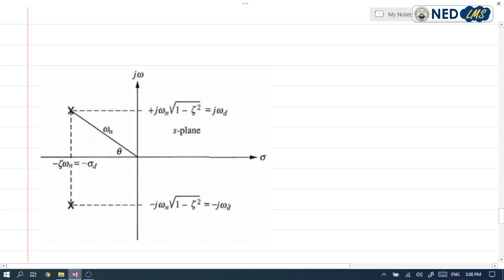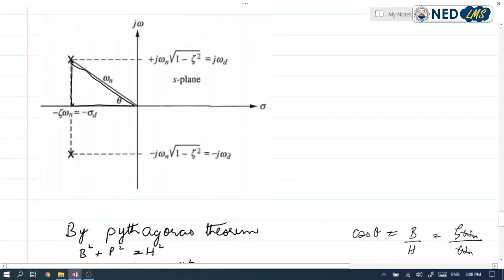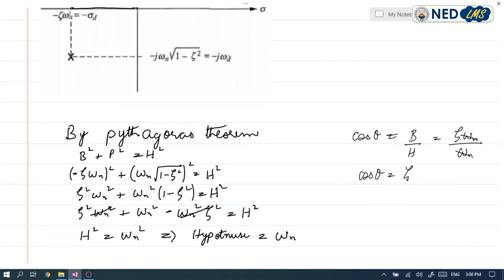So this is the pole plot for a general underdamped second order system. Here if we apply Pythagoras theorem in this triangle, we will find that the hypotenuse is basically equal to omega n,